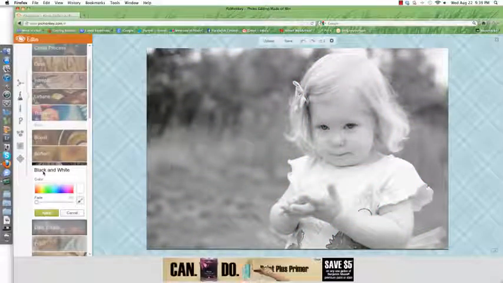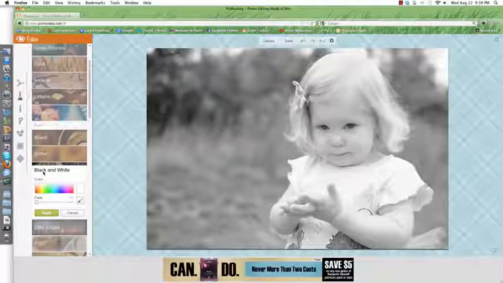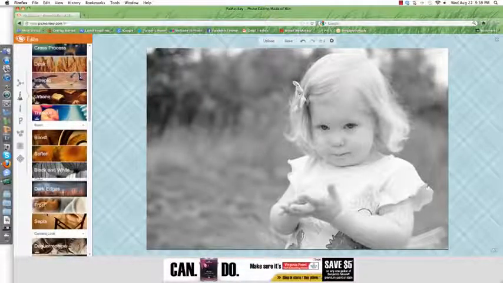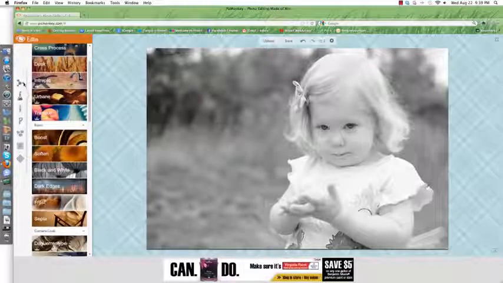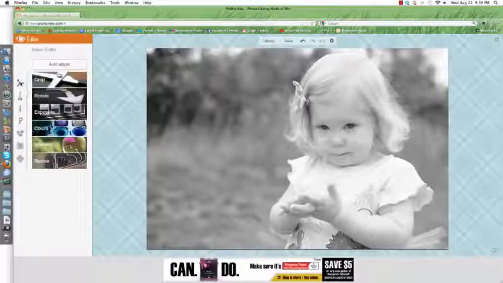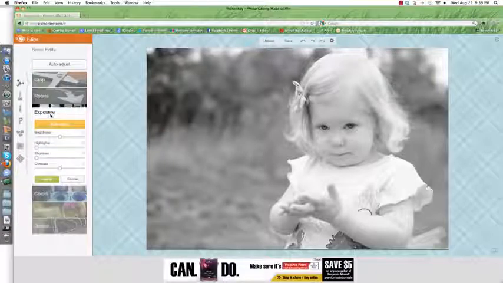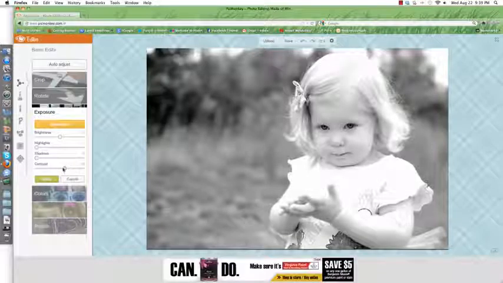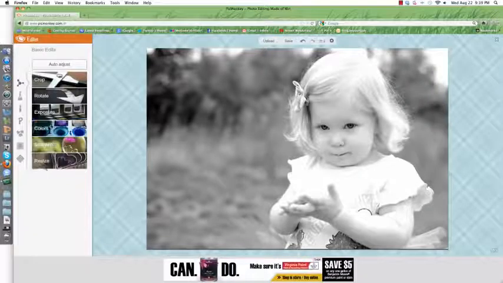But the one problem I find with this standard black and white is that an image can look a little bit dull or a little bit flat. So after I apply this black and white filter or effect, I'm going to go back to my basic edits section into the exposure option, and I'm going to up the contrast just a bit. Just a little bit will go a long way, and it will add a little bit more depth to this picture. Now I'm going to say apply here, and one last step I'm going to do is go back to